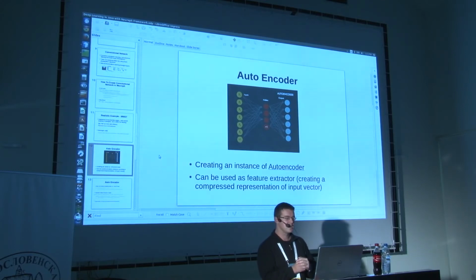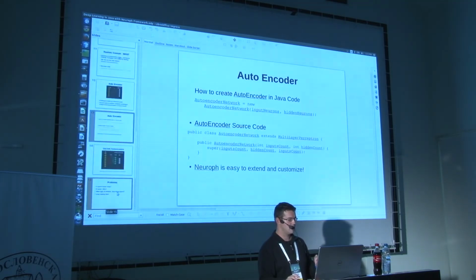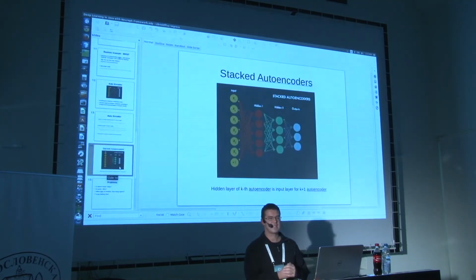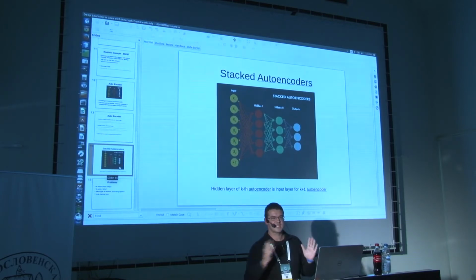So you're managing to reduce dimensionality, and you're managing to discover maybe somewhat hidden structure of the input vector. Now, these autoencoders obviously can be used as feature extractors, and an even more interesting application is to create stacked autoencoders. Imagine if each hidden layer of an autoencoder is the input layer for the next autoencoder.